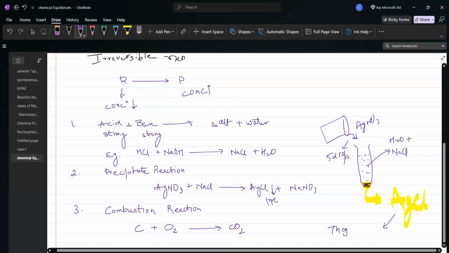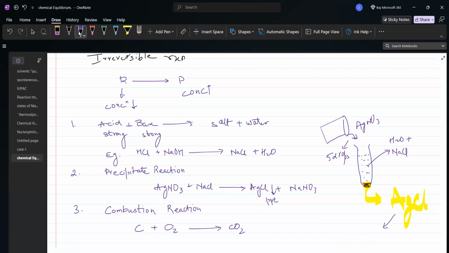Okay, so they are not dissolving. They are not reacting. So this is why we can say that this reaction is an irreversible reaction. Precipitates do not dissolve, like sand does not dissolve in water. They get sedimented at the bottom of the container, and that is how AgCl also comes to the bottom of this. Okay,